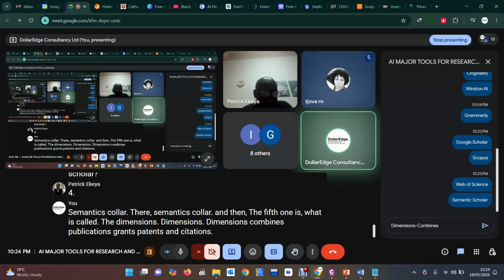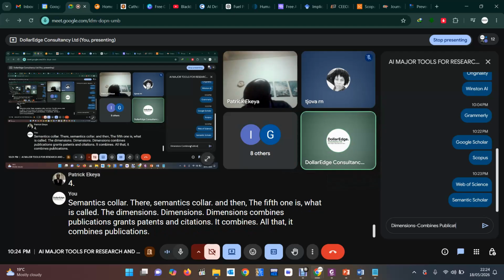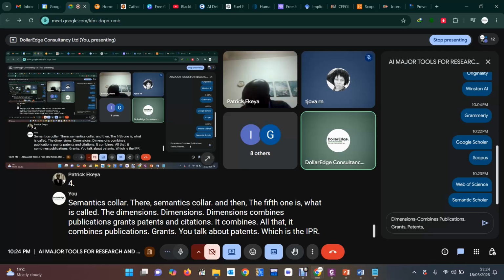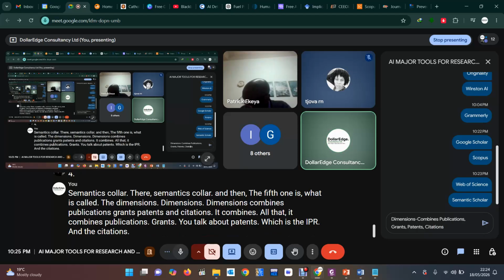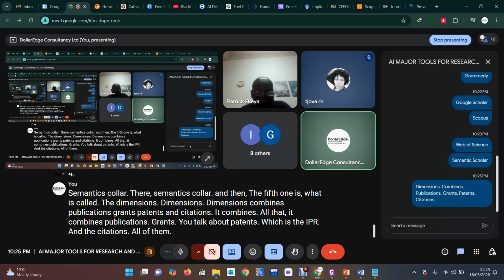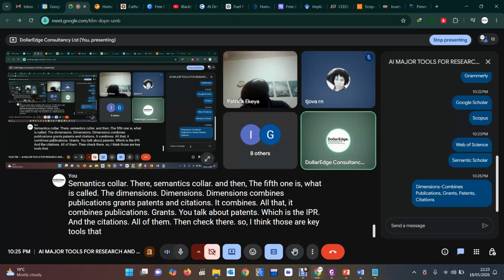It combines all that. It combines publications, grants, you talk about patents, which is the IPR, and the citations. All of them are being checked there. So I think those are key tools that you can use for now to do your research work, so that